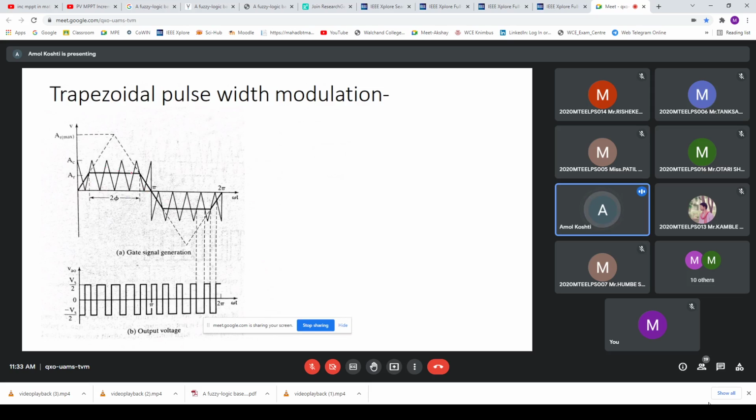So that is the reason it is named as a trapezoidal pulse width modulation. And the carrier signal used here is a high frequency triangular wave. Again the concept is the same: the intersection points of the carrier and the reference. Based on this we produce the output, and these outputs are referred to as pulses. And by using these pulses again we try.